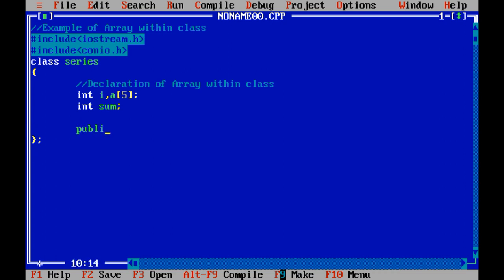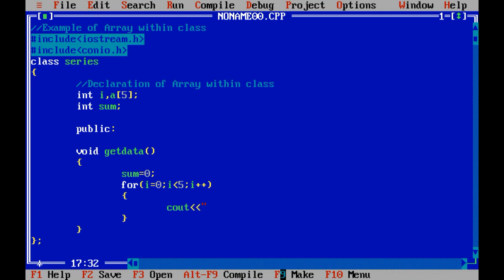Now I am going to use the public keyword, void get data, sum equals to 0. We are going to take one loop, integer i equals to 0, i less than 5, i plus plus,